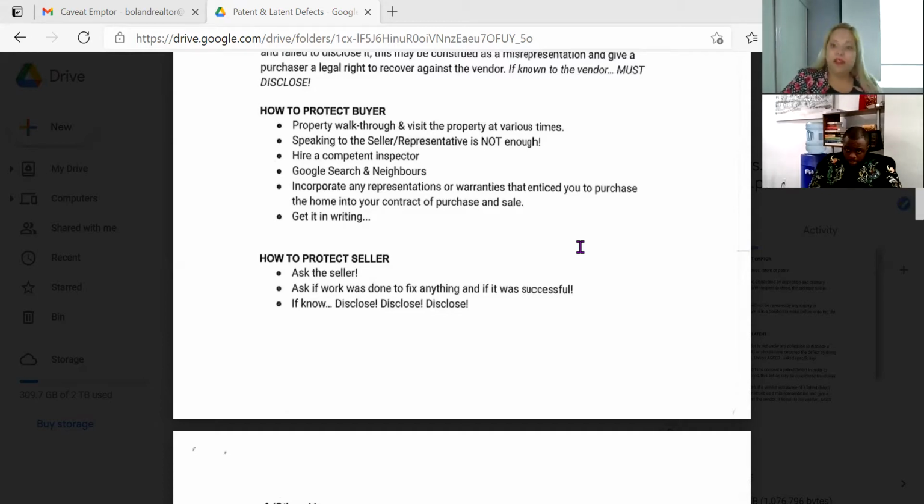They go on Google search and realize that this house was on fire last summer because there were tenants living in it. Or the neighbor, when they move in, says to them, hey, is everything good? Did they fix the wall inside after that fire? And the buyer goes, what fire? Right? So it's a good idea to use Google search, try and talk to the neighbors, try and be chatty,